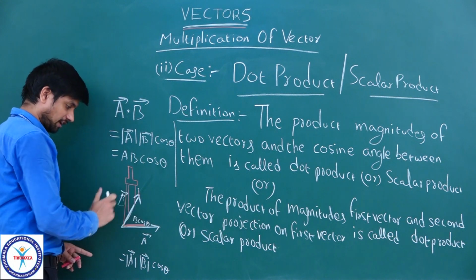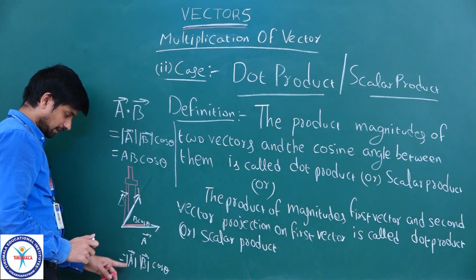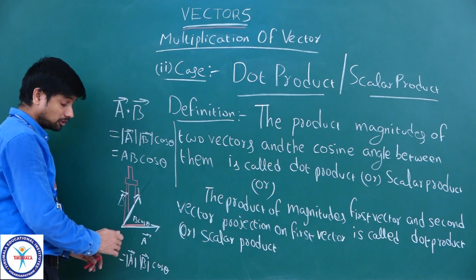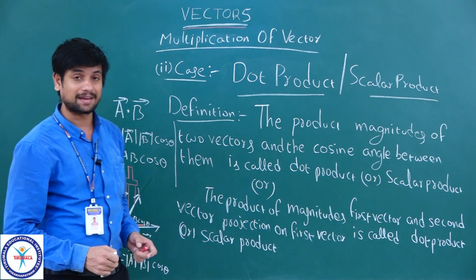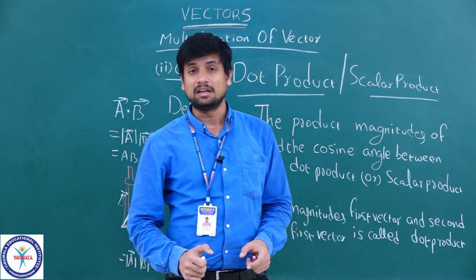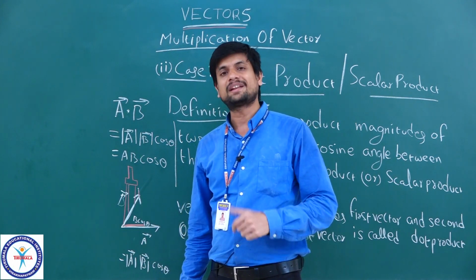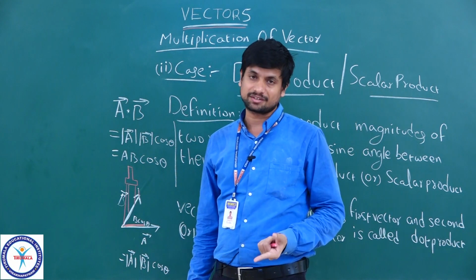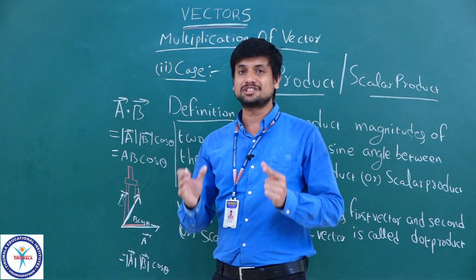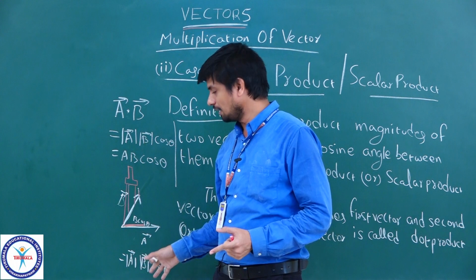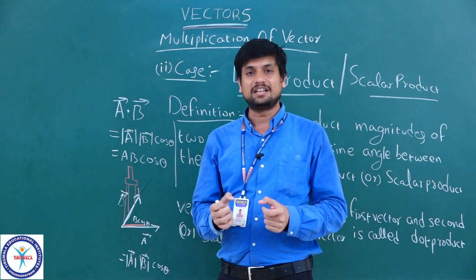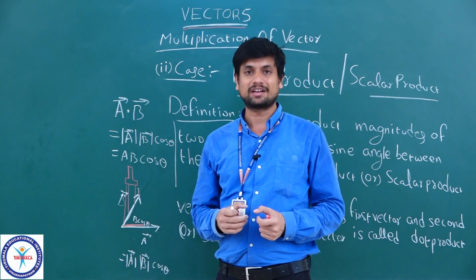It's a projection on A. B cos theta into modulus A. So, both magnitudes we are multiplying. So, why should we multiply in this way? Okay. And what happens if you apply for the unit vectors? If you apply for the algebraic representation, if you apply this formula, what will be the derivation? Okay, you can obtain that one.